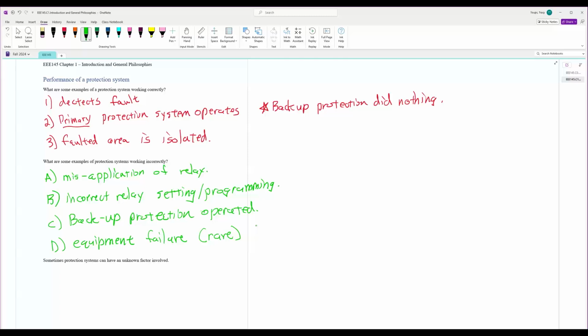Now, last thing I want to say about this part is some protection systems can have an unknown factor involved. What do I mean by that? Sometimes you could have something called race conditions, where multiple relays are trying to operate at the same time and one just happens to go faster than another, either by design or not. Other things are natural disasters,